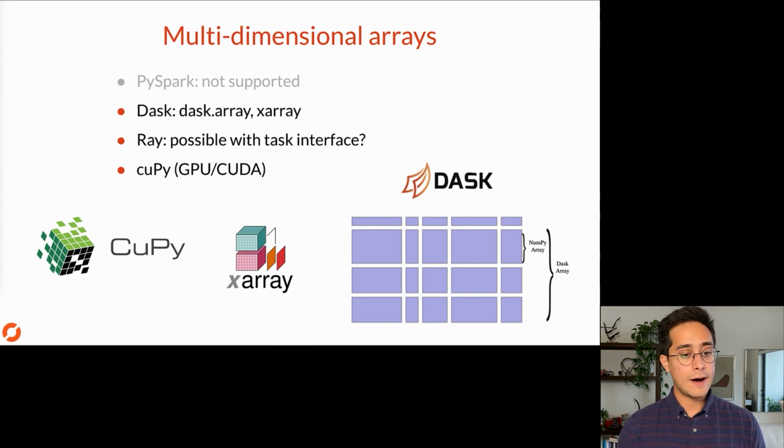It's really the only option out there, and it is a very good one, not just the only one. And with CuPy, which is a GPU enabled one, Dask integrates with that, so you can do GPU accelerated arrays. With Spark, the way that it's built, it's just really not possible to do multidimensional arrays. And Ray, it's probably technically possible to customize something with the task interface, but it's probably more work than it's worth. And so Dask is really the choice here.